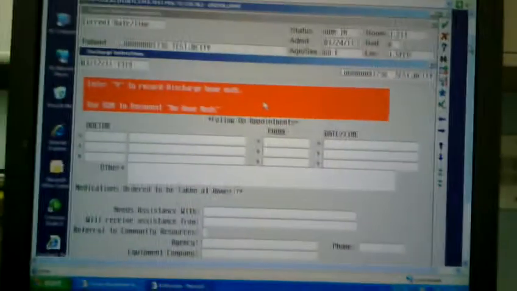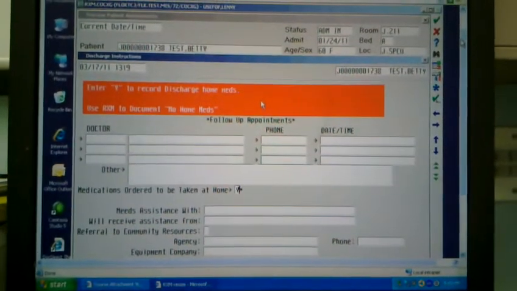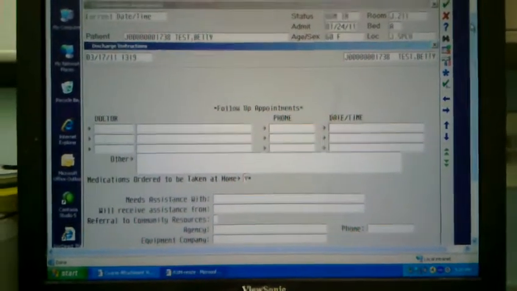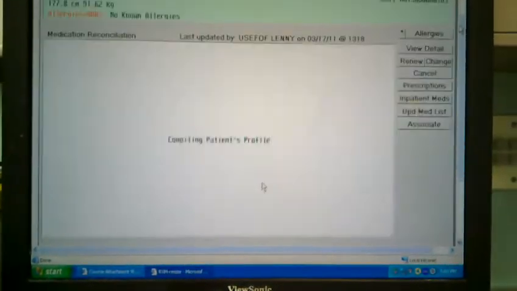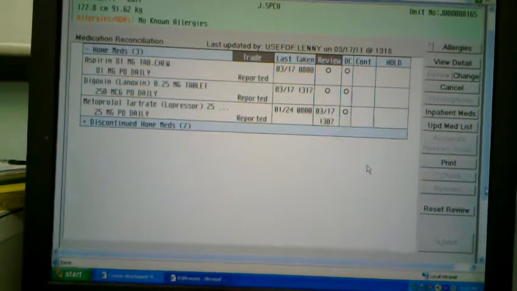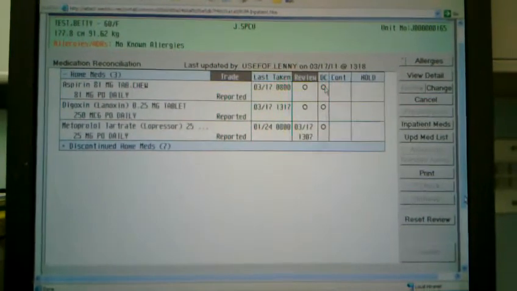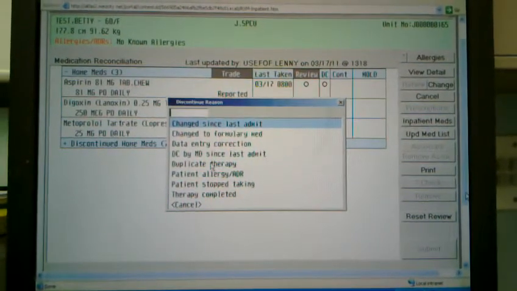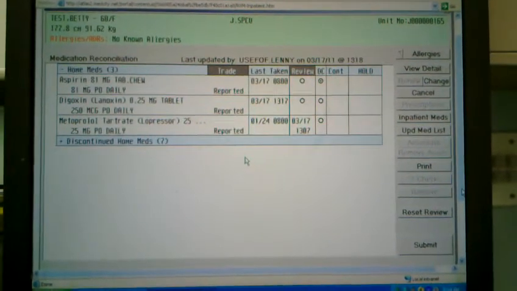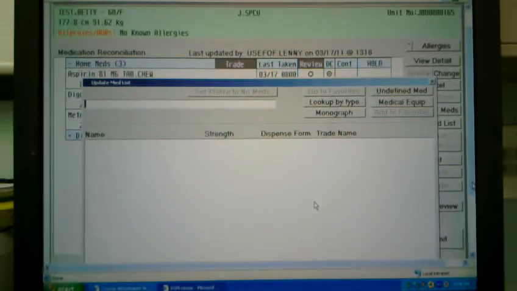When the patient is ready to be discharged and the physician has completed the discharge medication reconciliation order, go to the discharge assessment and enter yes at medications ordered to be taken at home. This will take you back into the home medication routine. Once there, you will need to update the patient's med list with the proper orders. Any medication the physician has discontinued, you will click on DC with a reason. Any new medication the physician has ordered, you'll have to click on Update Med List and enter that new medication,